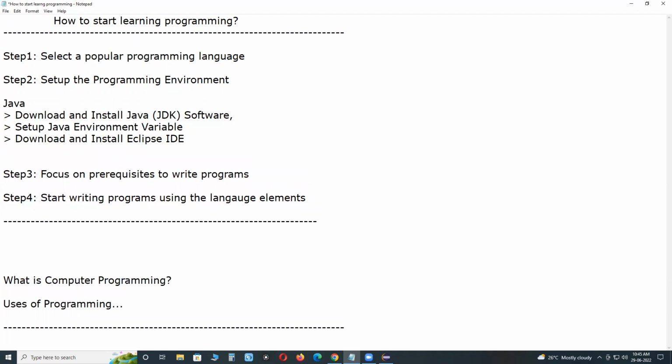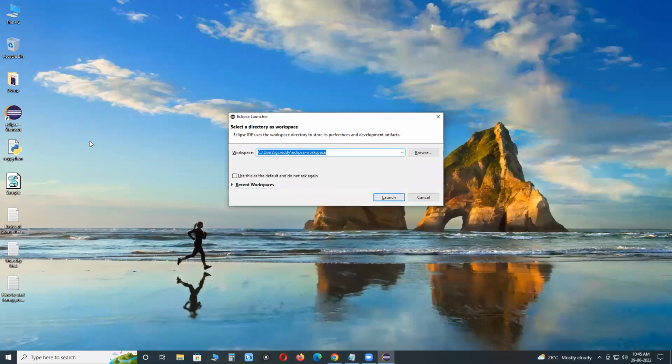For some flavors of Eclipse IDE, no installation is required, it is ready to use software. Suppose mine is Eclipse IDE Photon flavor. You need not install this one, it is ready to use software. After downloading the zip version, extract that zip folder and you can start using that one.